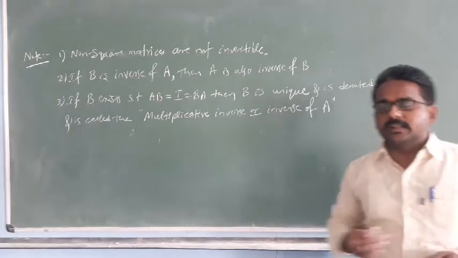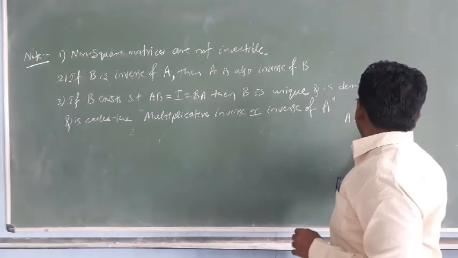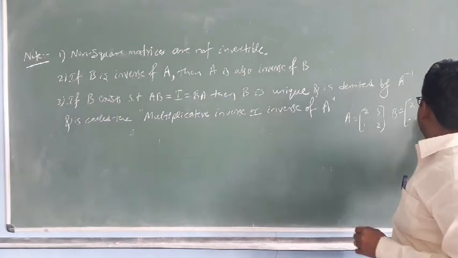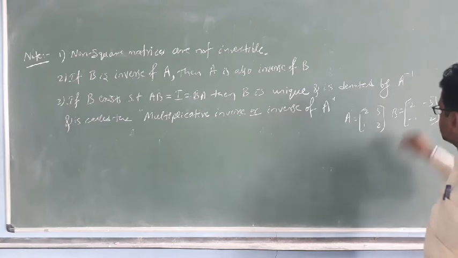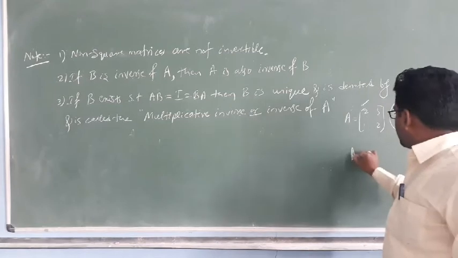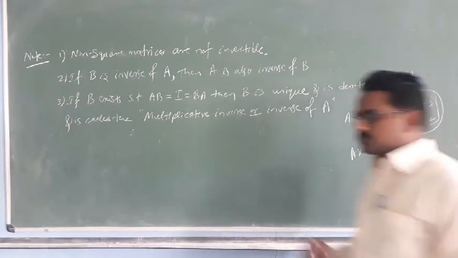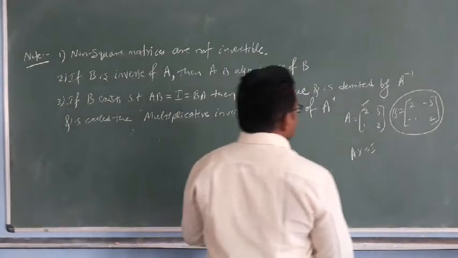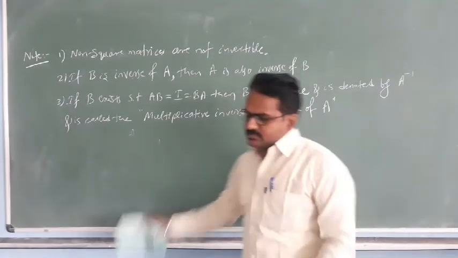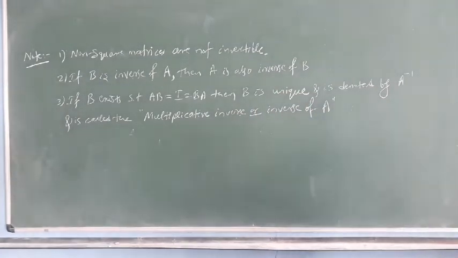In the invertible matrix, I gave the example A equals 2, 3, 1, 2. For this, B is the inverse, that is 2, minus 3, minus 1, 2. There is no other value for the inverse of matrix A. The product is I, that is the identity matrix. So there is no substitute other than this value. That's why we say if the inverse of the matrix exists, it is unique. Only one matrix.